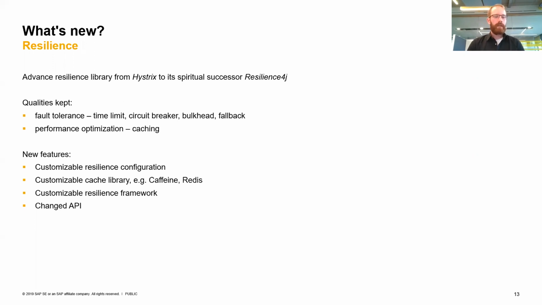So nothing new there. In general, however, the approach they used is very much new. What they expect now is some form of resilience configuration. And they play along with the JCache Java library, or Java interface, better said, so that you can provide your own implementation, or the implementation you want to use. So, for example, Caffeine and Redis, which then implement this interface against which Resilience4j basically implements. In general, very customizable, as well as, now the big point, the changed API,